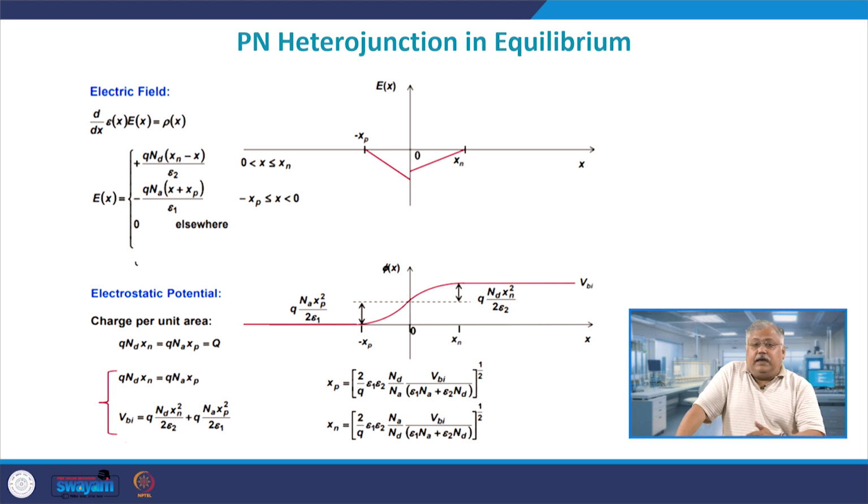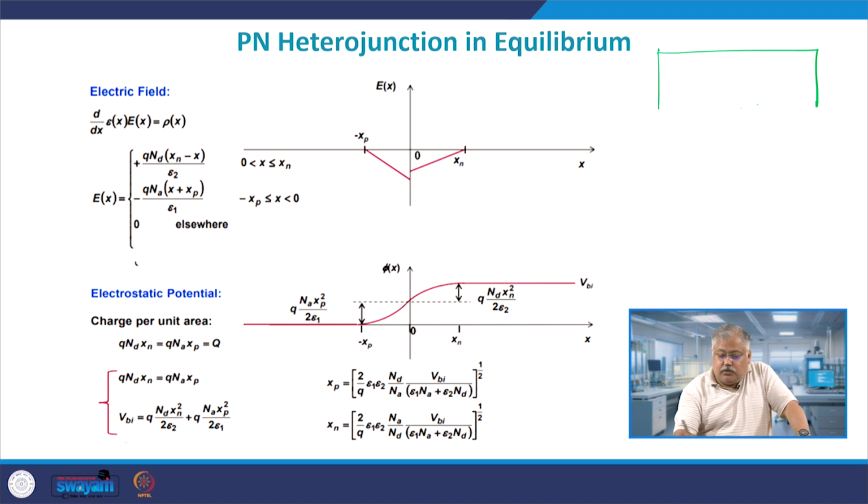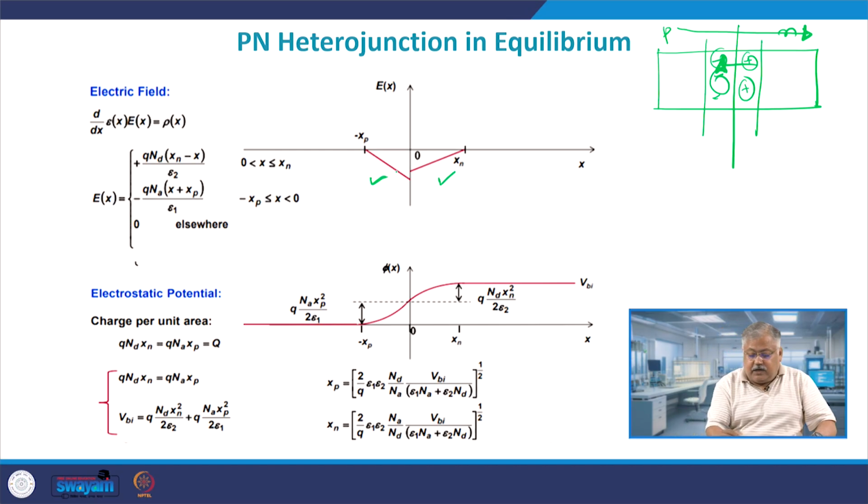Now let us plot electric field with respect to x in a p-n junction heterostructure. This is quite interesting, and I want to point it out: the electric field will always be negative, because whether it is homo or hetero does not matter, when you have a p and n and your depletion region is in this manner, this will be positive fixed charges and this will be negative fixed charges. And therefore the electric field in the forward direction across the material is this, but inside the device it is just opposite, from positive to negative,